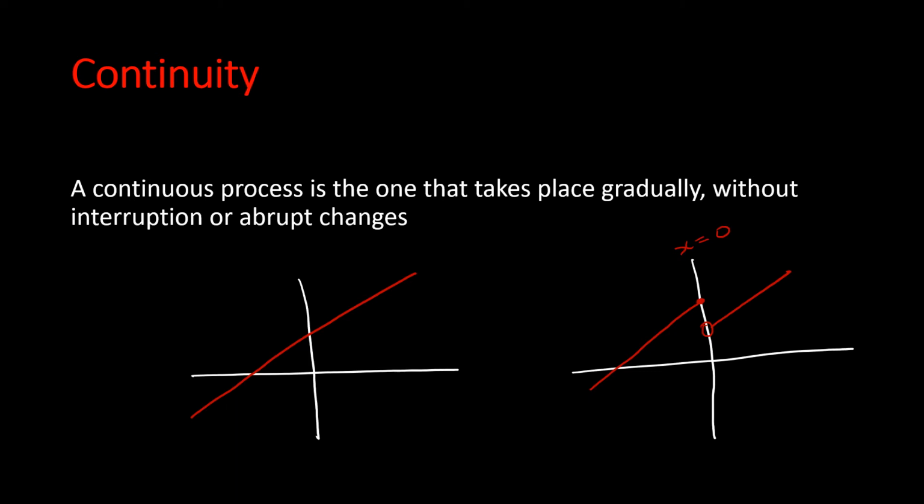The moment the limits of the graphs are not the same, the graph is discontinuous at that point. If you check the limit of this graph here, it's at y2, and the limit of the other graph is at y1. We can see y2 and y1 are obviously not the same, but if they were the same, then it's continuous. That's how you check if a graph is continuous or not. So let's